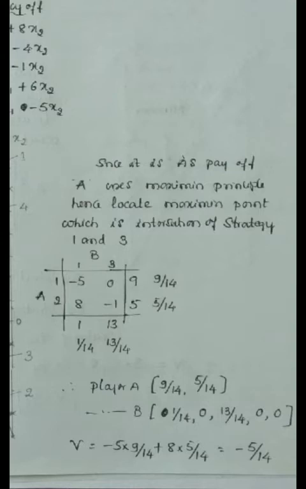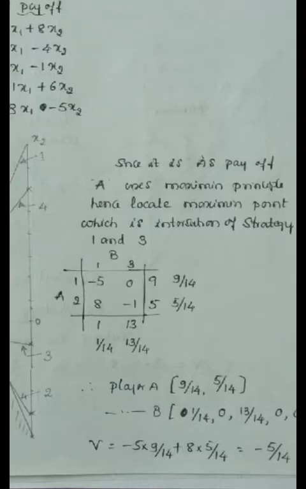Now let us find value of the game. Value of the game is minus 5 into 9 by 14 plus 8 into 5 by 14. If we simplify this, value of the game is minus 5 by 14. Value of the game may be positive or negative. If the value of the game is positive, it is a gain for A, loss for B. If the value of the game is negative, then it is a loss for A and gain for the player